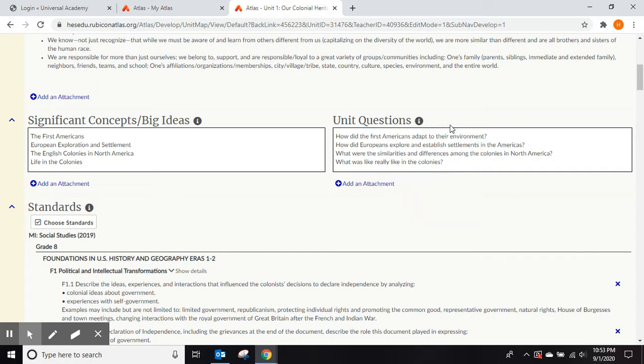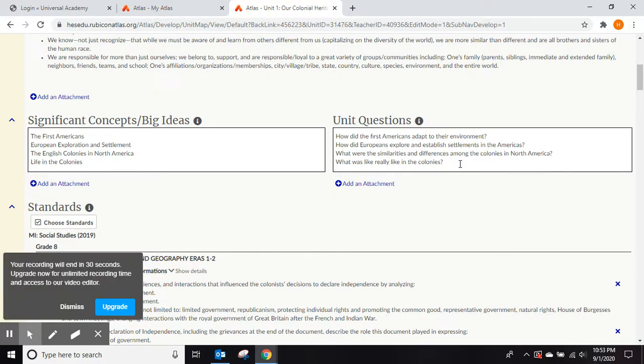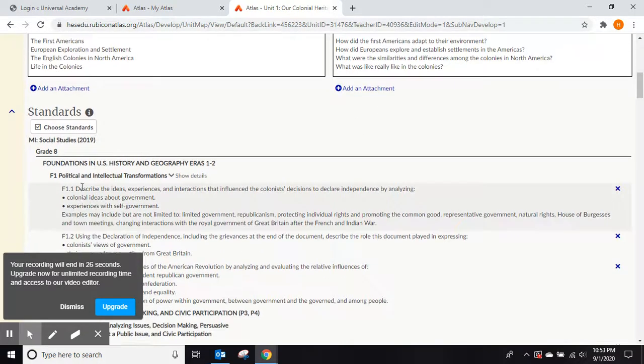The unit questions reflect what are the questions that we will be answering all throughout this unit. So by the end of this unit, the students should be able to answer every single one of these questions fully. This is how we check for students' understanding. Next comes